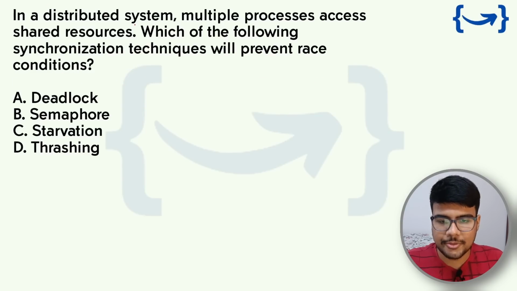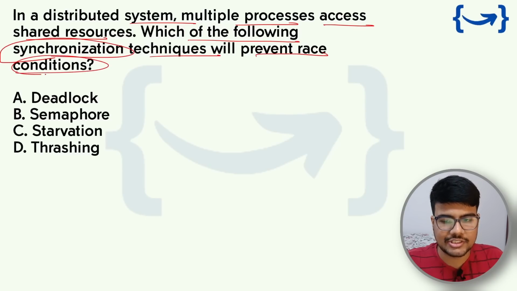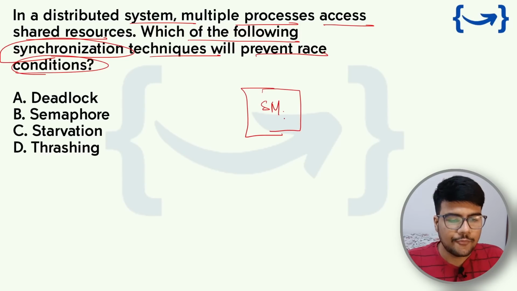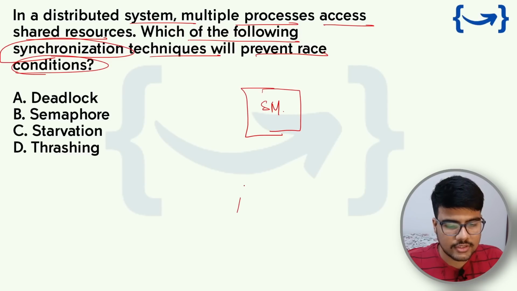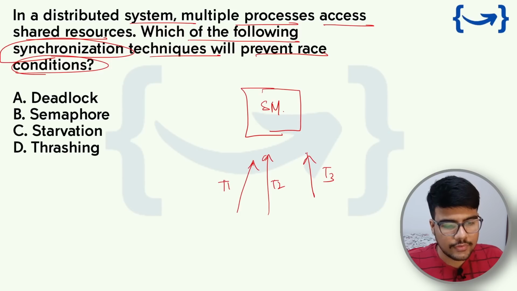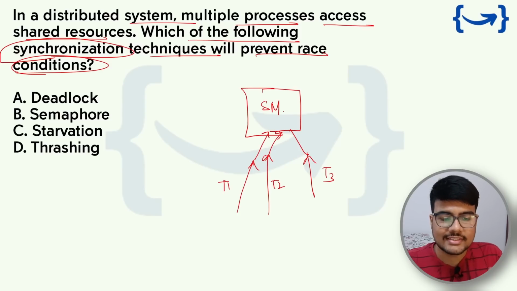Now, in a distributed system, multiple processes access shared resources. Which of the following synchronization techniques will prevent a race condition? Guys, if you don't know about race conditions, let me tell you. Let's say you have a shared memory which can only handle a single request at a time. If you have multiple threads, T1, T2, T3, and at a single time all 3 threads request this shared memory and the shared memory cannot decide which one to help, then this is the race condition situation. Now here, what you can do is use a semaphore, which will help you